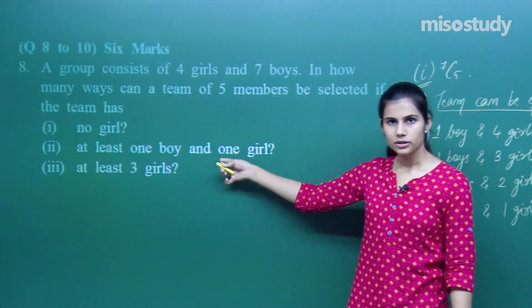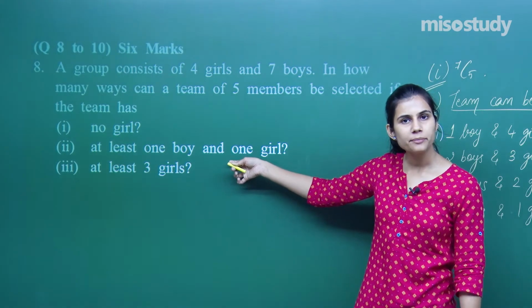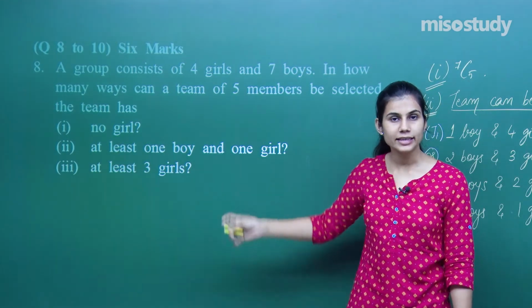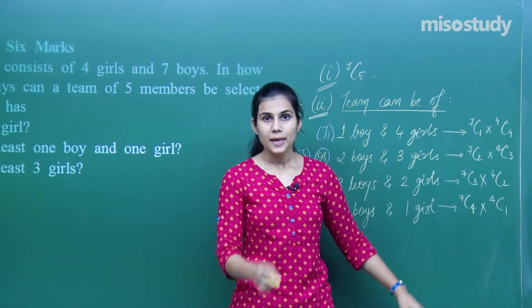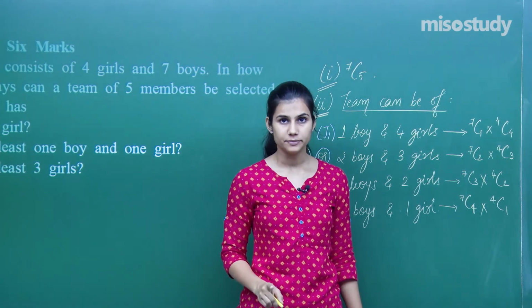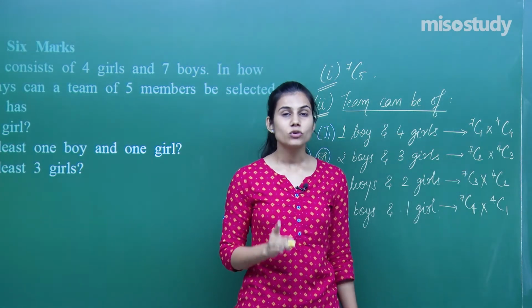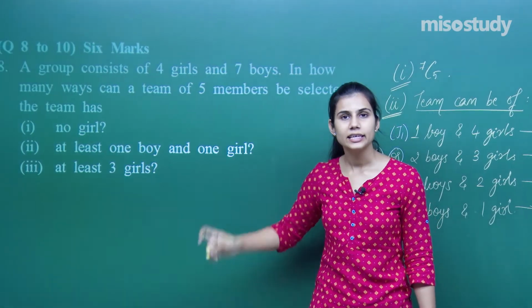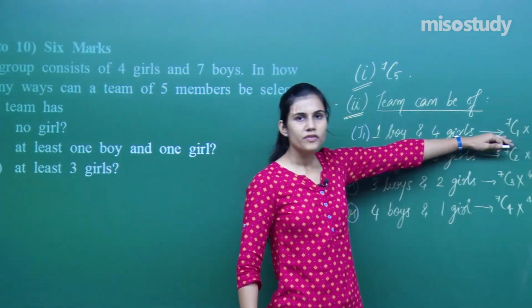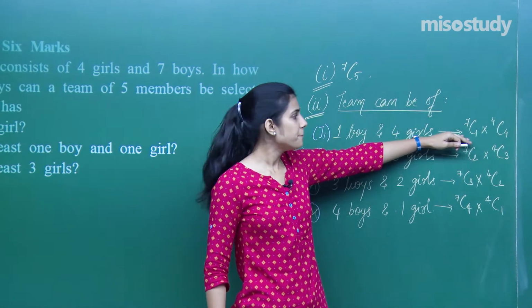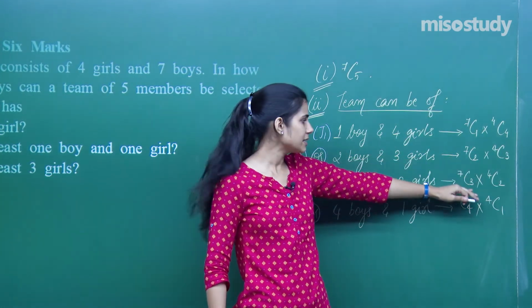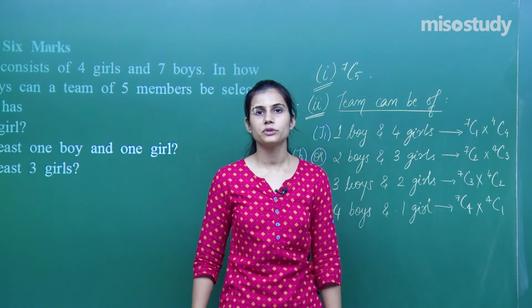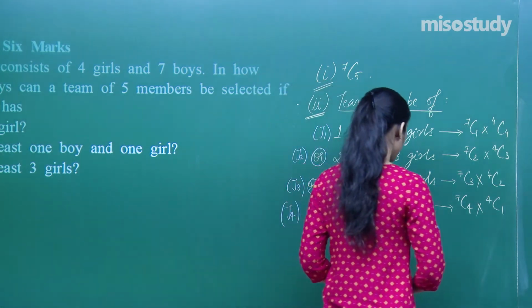Actually this job of forming a group of 5 members with at least 1 boy and at least 1 girl can be done in either of these ways, and therefore by principle of addition, I am getting the total number of ways in which this task can be done is number of ways in which first job can be done plus number of ways in which second plus number of ways in which third plus number of ways in which fourth job can be done. And therefore,